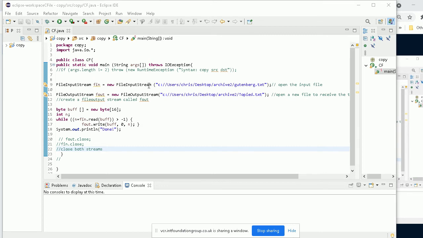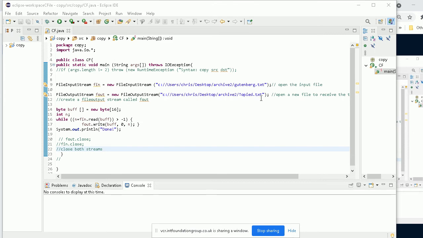Okay. And that's quite consistent with what I showed you a few minutes ago when I was reviewing what we did last week. File output stream is created from this subclass of output stream, and I'm attaching it to the name of this particular file, and it's going to be an empty file.